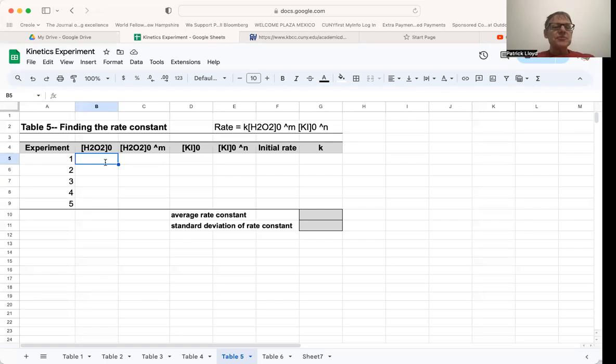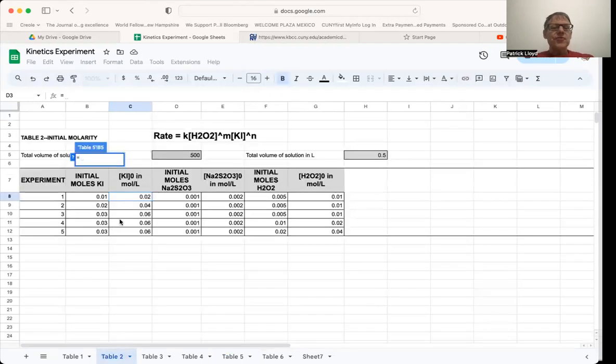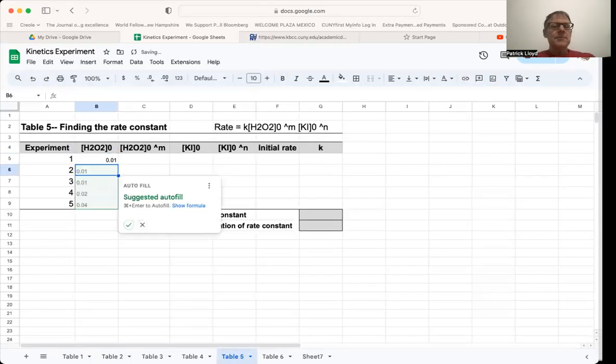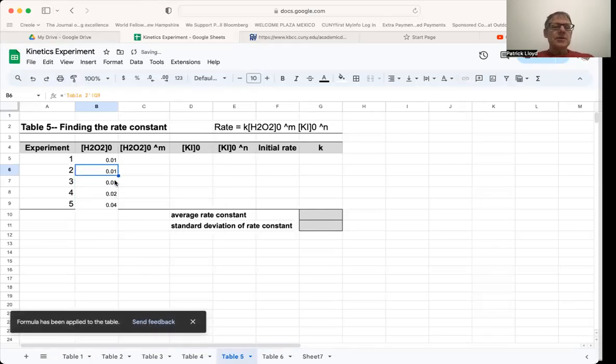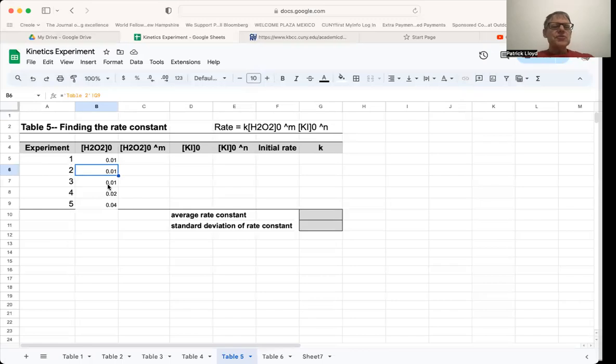So the first thing we're going to do is put in the initial concentrations of H2O2. The initial concentrations right here. And then we'll just fill that down. Notice, when you're filling out tables like this, it's a good idea to check: for the first 3 experiments, the concentration was the same, and then it started changing, and you just check to make sure the numbers are the same. The next thing we're going to do is raise it to the m